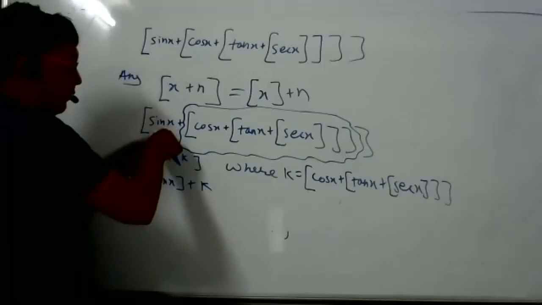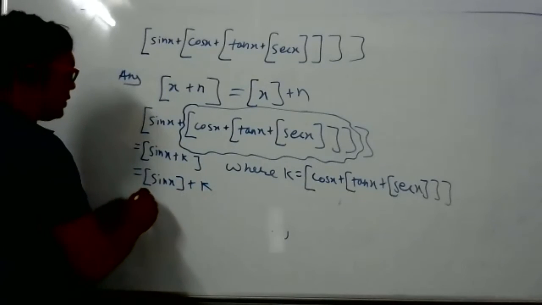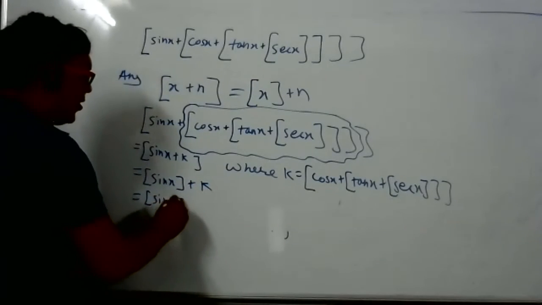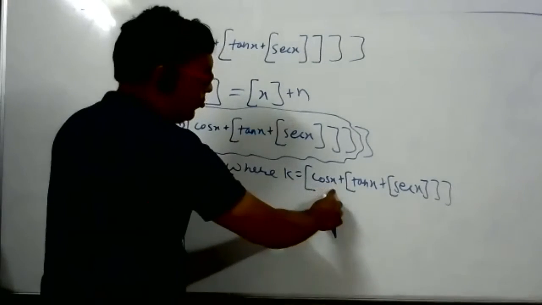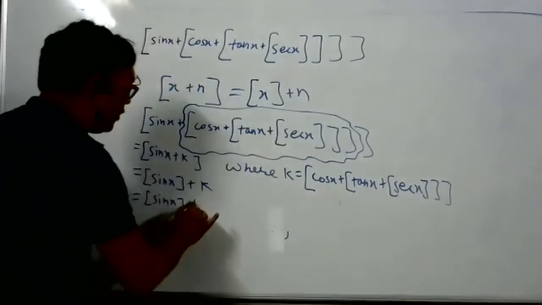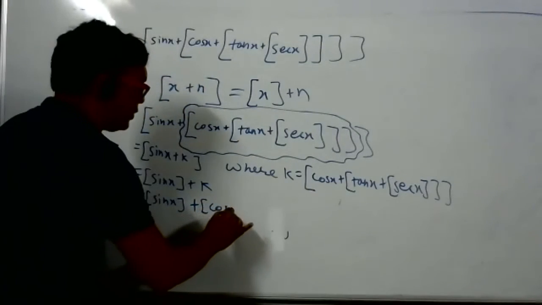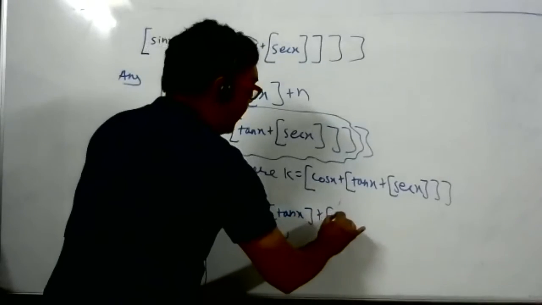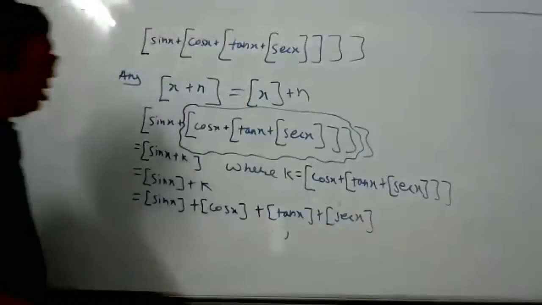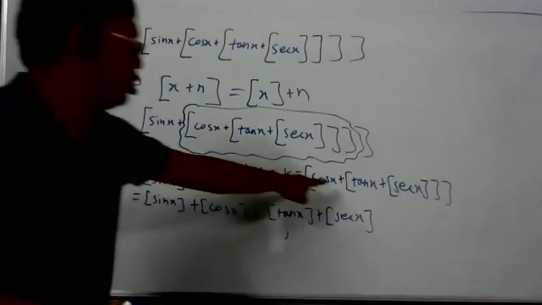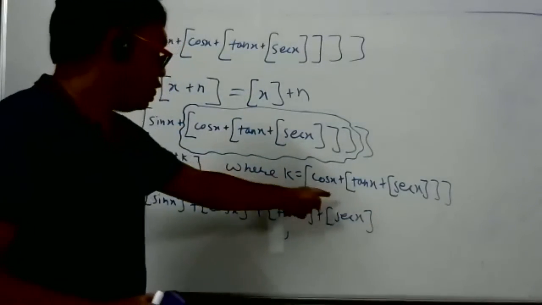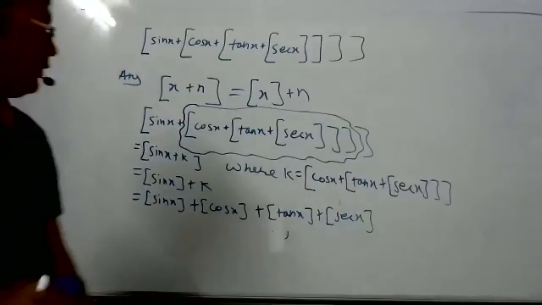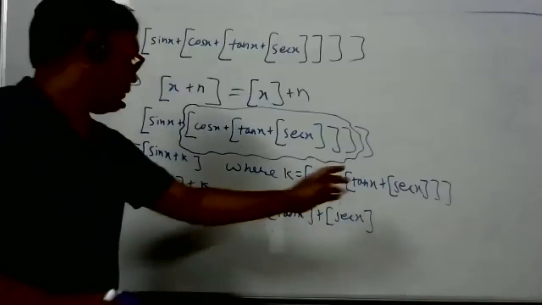Now what happened? This property, we will not stop here. We will use it continuously. Continuously means again we will use it here. So what can I write now? Cos x will go out, then tan x will also go out. If I use it continuously, all the brackets will get separated. Whatever concept I have used, I will use continuously here. Shall I use one more step or directly write? No, sir, got it. Same thing will come. Now everything has become separate.